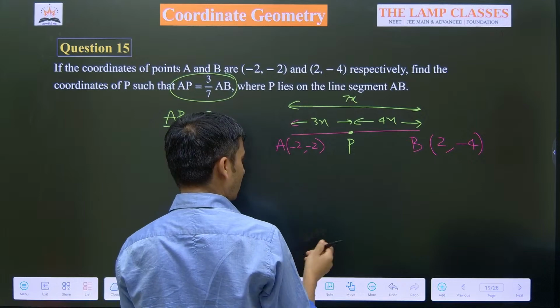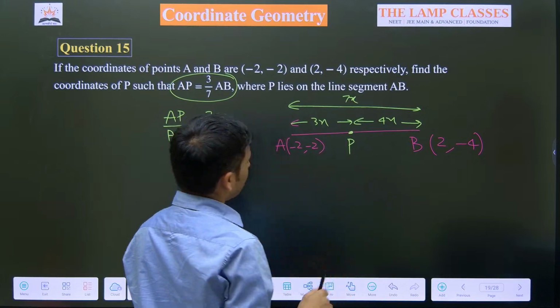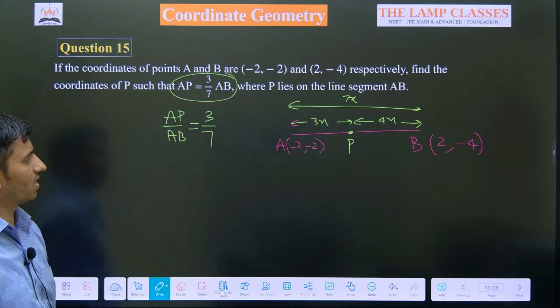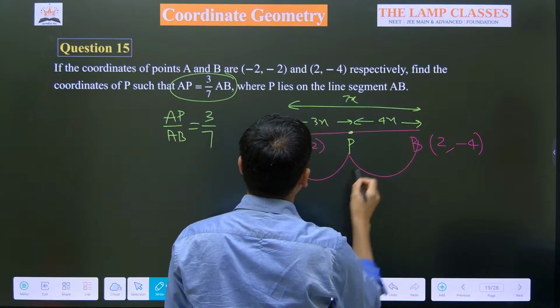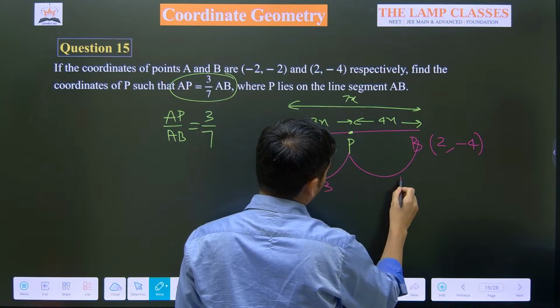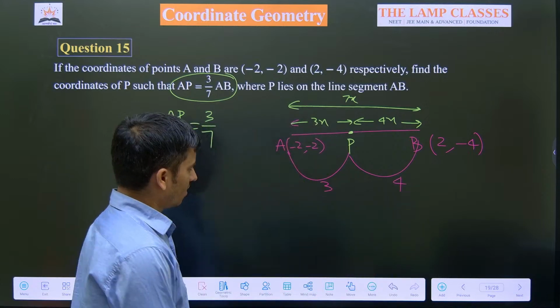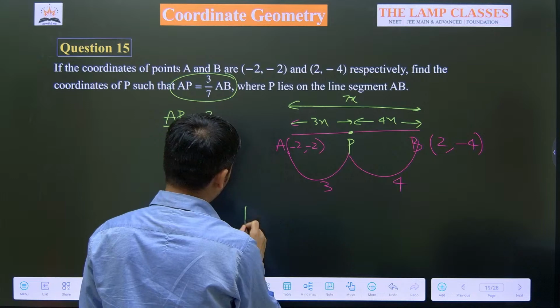Or in fact, x is already taken in this. You could also have used k or some other thing. So what is the required ratio? What is the ratio? This ratio. Is it 3:4? And now use the formula. So the coordinates of P will be